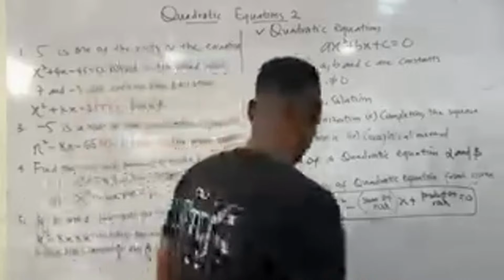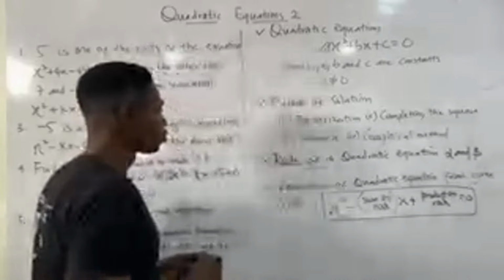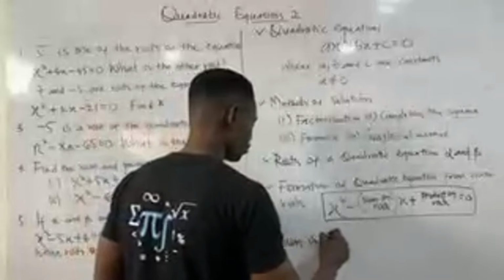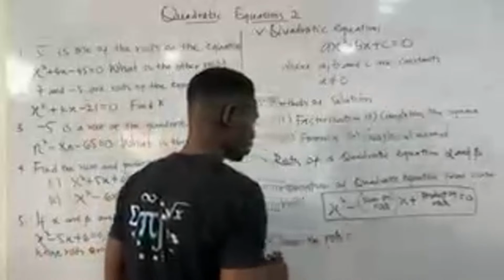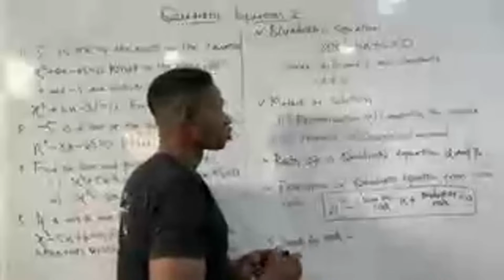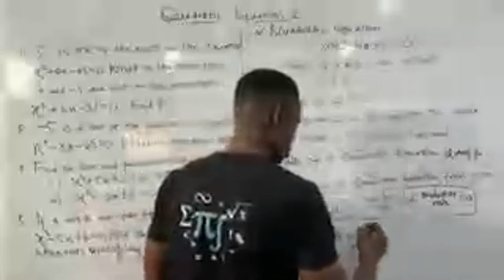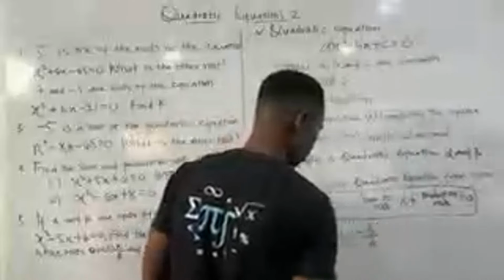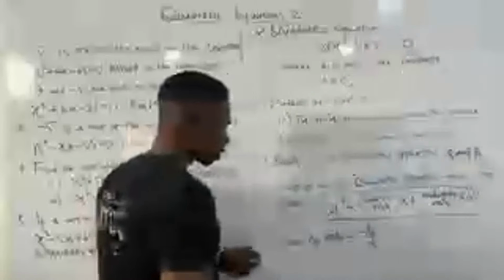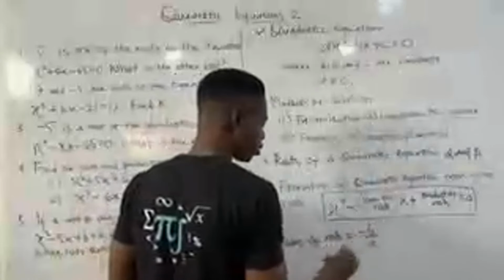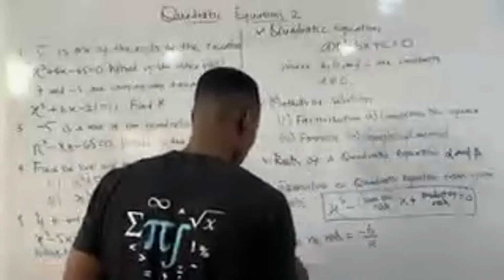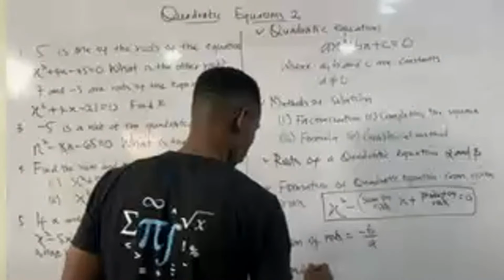Now, 2 more things before we start solving problems. One is the sum of roots. If you add the two roots of the quadratic equation, that is equal to minus b over a, from the original equation. Remember, a is the coefficient of x², b is the coefficient of x, and c is the constant. So the sum of roots of a quadratic equation is given as minus b over a. And then the product